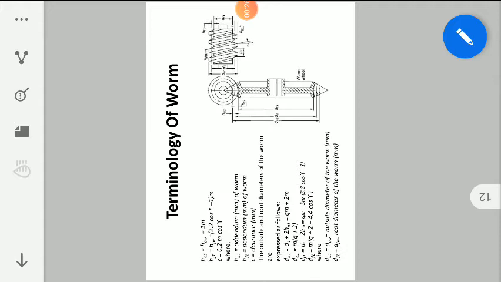So with the help of this lead angle you can find out addendum and dedendum. You know the addendum of any gear is the radial distance between the pitch and the addendum circles. Addendum indicates the height of the tooth above the pitch circle, and dedendum is the radial distance between the pitch and dedendum circle. The dedendum indicates the depth of the tooth below the pitch circle. Likewise, the addendum circle is an imaginary circle that borders the top of gear teeth in the cross section, and the dedendum circle is an imaginary circle that borders the bottom of spaces between teeth in the cross section. It is called the root circle.